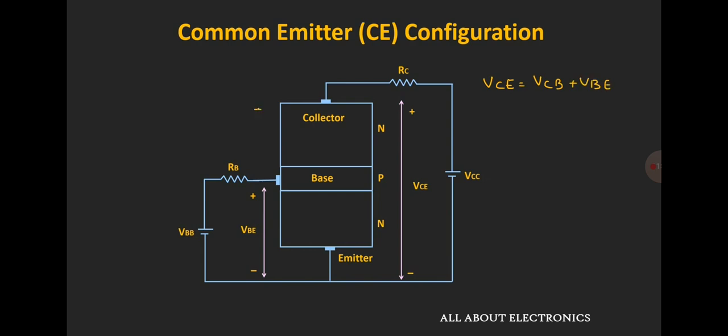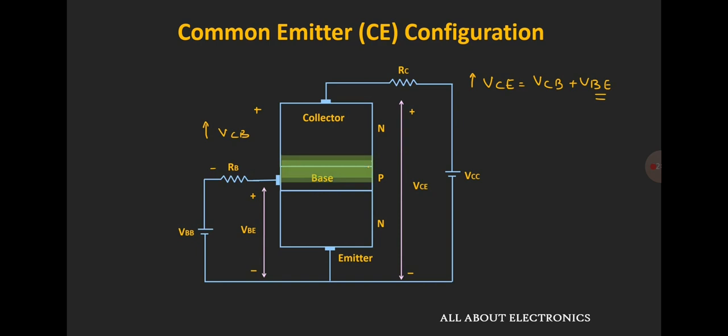That means the voltage between the collector to base terminal and the voltage between base and emitter terminal. Now for a fixed value of VB, if we increase the value of Vc, then this voltage VCB will also increase. And as the value of VCB increases, the reverse bias applied between the collector and base terminal will also increase. So let's say for some voltage VCB, the depletion region is created at the collector to base junction. And now as we increase the value of VCB, this depletion region will get wider.